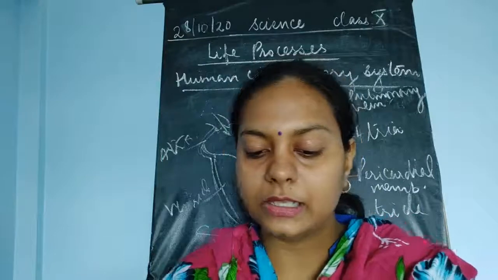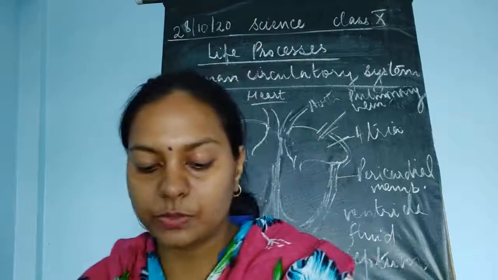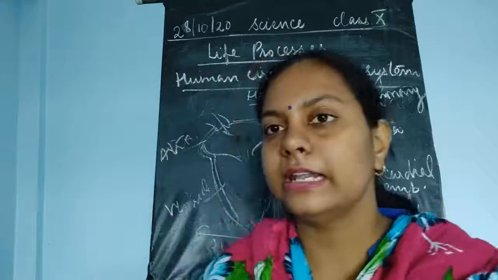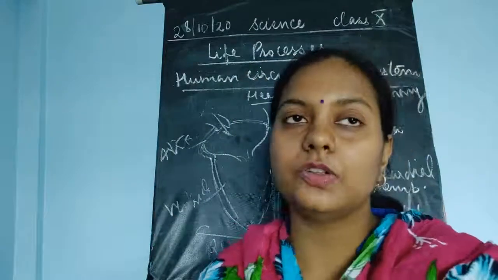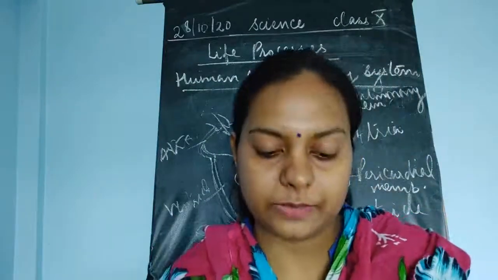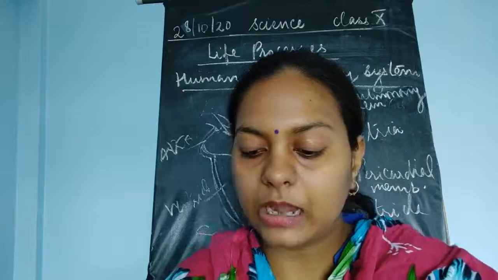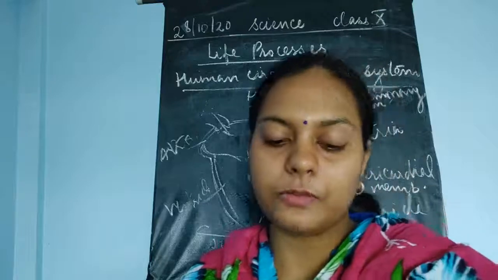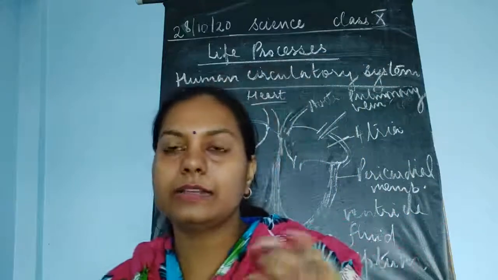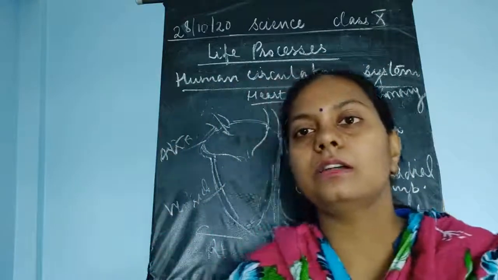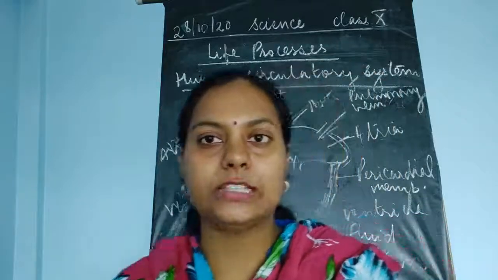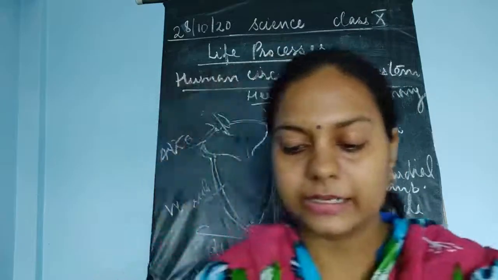Now the capillaries are thin walled, extremely narrow tubes which connect the arteries and the veins. Wherever the arteries and veins are connected, in the lungs, also in the alveoli region, the capillaries are present. Capillaries are in between arteries and veins, in network-like connections. From one part, arteries and veins are connected so that the waste material would be cleared and exchanged. That is why arteries and veins are connected together.